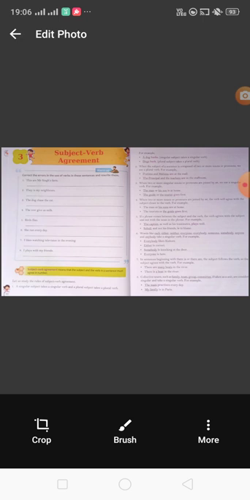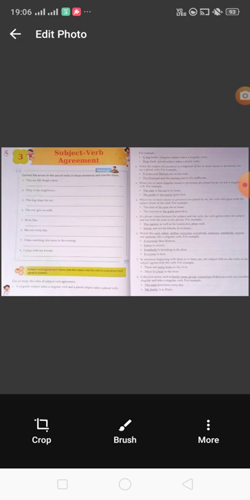For example, "There are many boats in the river." Here you will see, students, "many boats" means more than one boat. So boats are plural, and here we use "are". And the second example: "There is a boat in the river." Here a boat is singular, only one boat, so we use the singular verb "is". I hope you will understand.